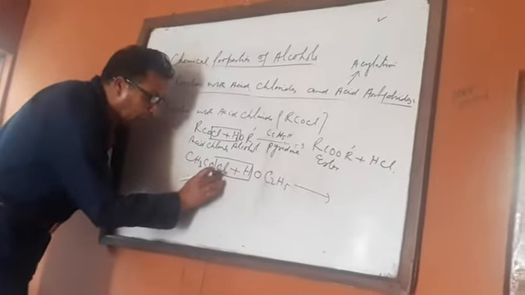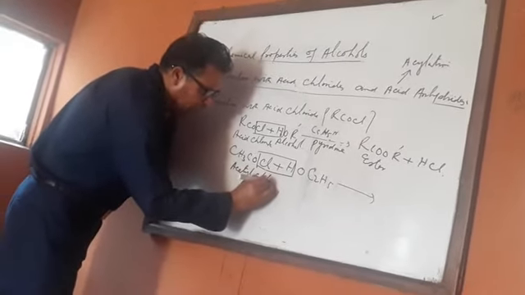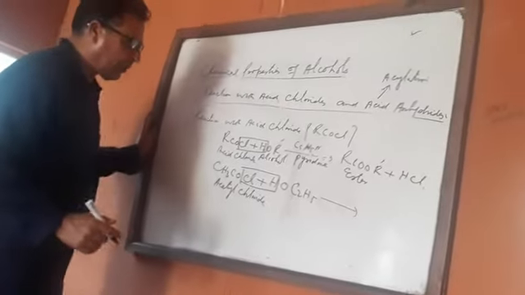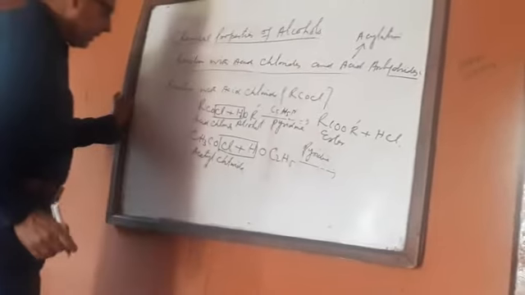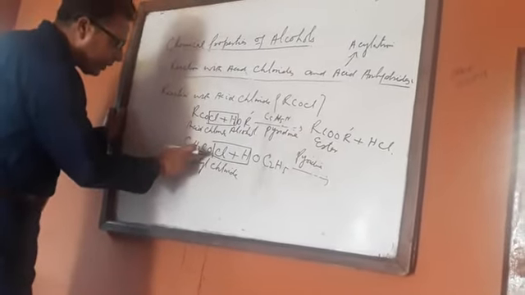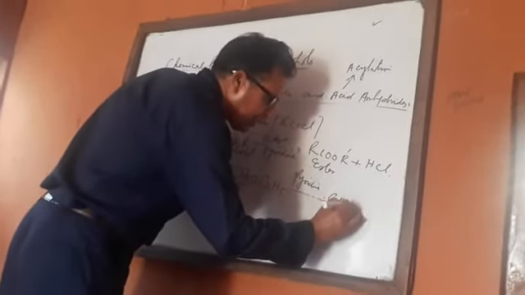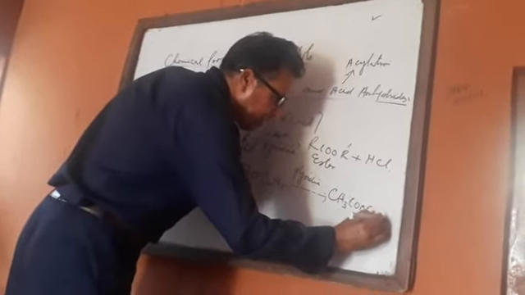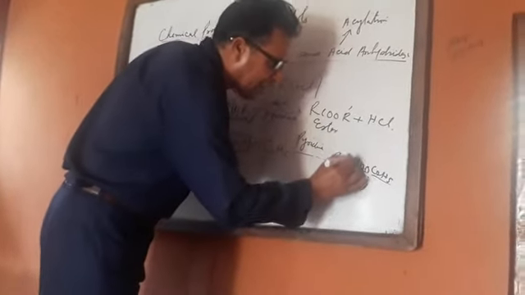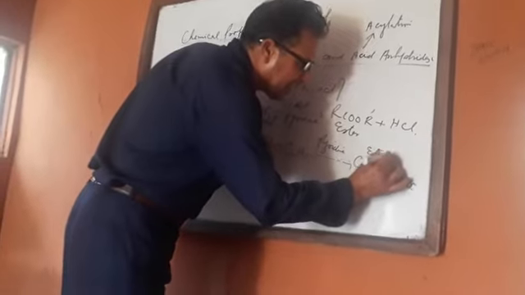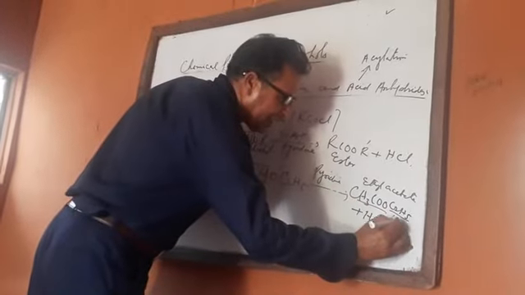तो इसका नाम है एसिटाइल क्लोराइड या इथेनॉइल क्लोराइड, एसिटाइल क्लोराइड in the presence of pyridine which acts as a catalyst. In the presence of pyridine तो ये बनेगा CH3COOC2H5 प्लस HCl। ये इथाइल है और ये एसीटेट है, इसका पूरा नाम है इथाइल एसीटेट, और ये एस्टर है, it is an ester.